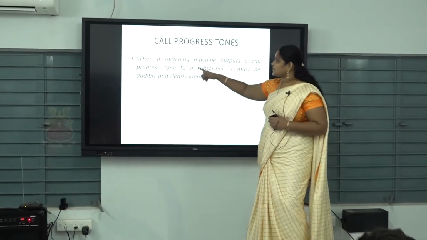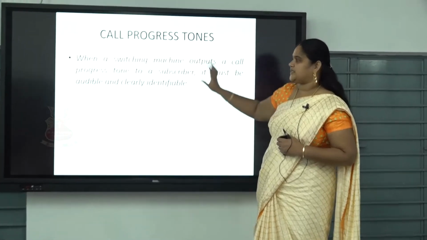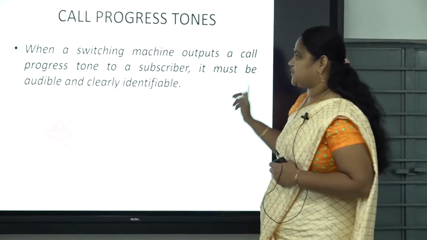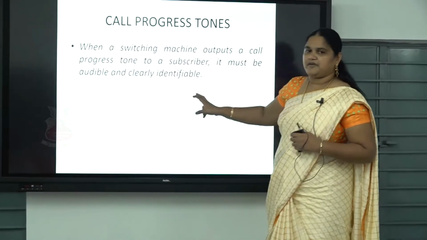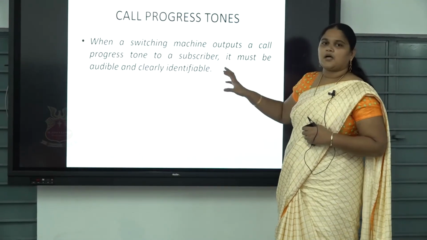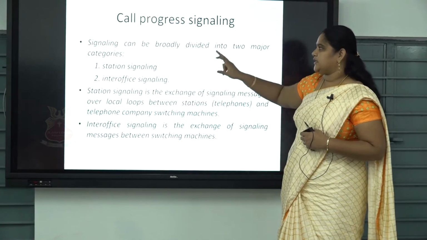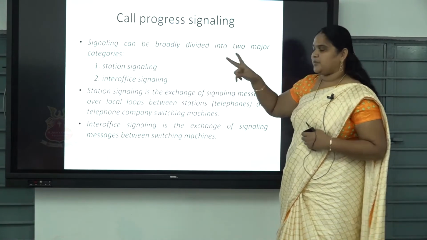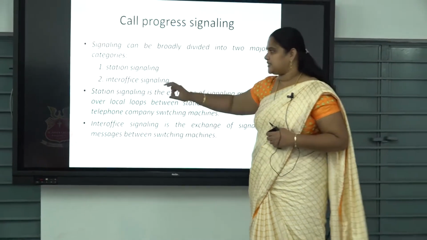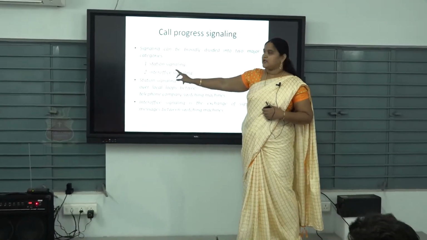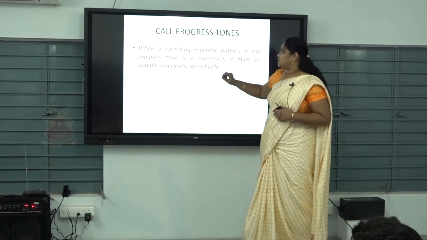And call progress tones. Tones, as I already mentioned, must be audible and clearly identifiable. This is call progress tones. The next one is call progress signaling. Signaling can be broadly divided into two major categories. One is station signaling, the second one is inter-office signaling. So station signaling means